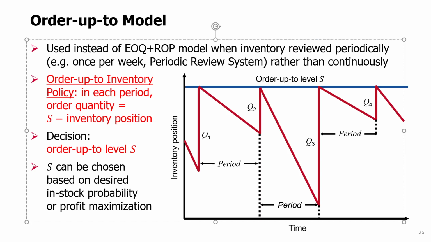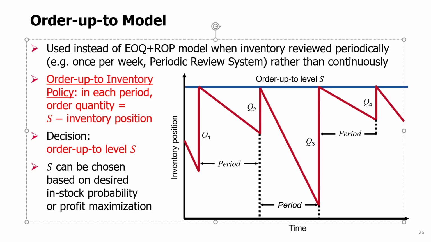For example, you might be ordering just once a week, every Friday or another day, from a certain supplier, or you might have replenishments daily. Let's say in the evening you notify your supplier, and then in the morning of the following day or 2 days later or something like this, you receive the order. This kind of system is called periodic review, and then you cannot use the ROP value, and actually you cannot use the EOQ value